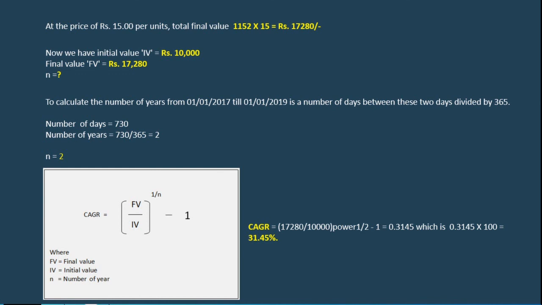So again I am telling you that when you see scheme performance in any mutual fund document, it is CAGR and it considers all the dividend payments made during the lifespan of that particular scheme. You normally see 1 year performance, 3 year performance, 5 year performance and since beginning. With these four period performances, it is easy for an investor to decide whether a scheme is performing well or not.